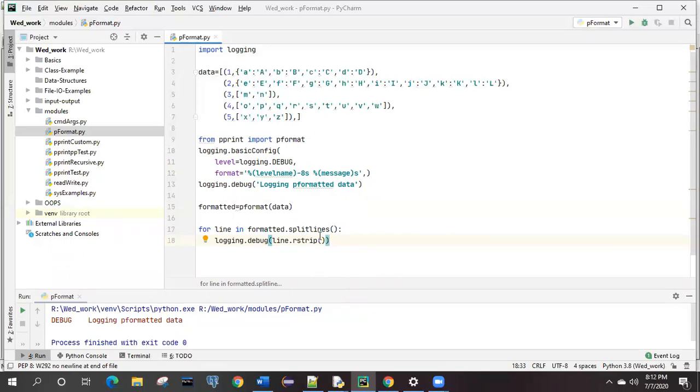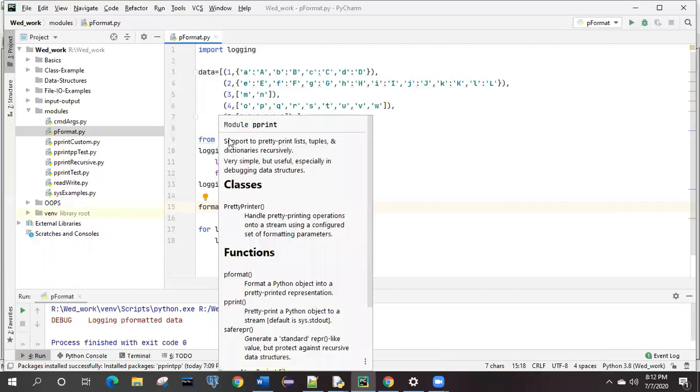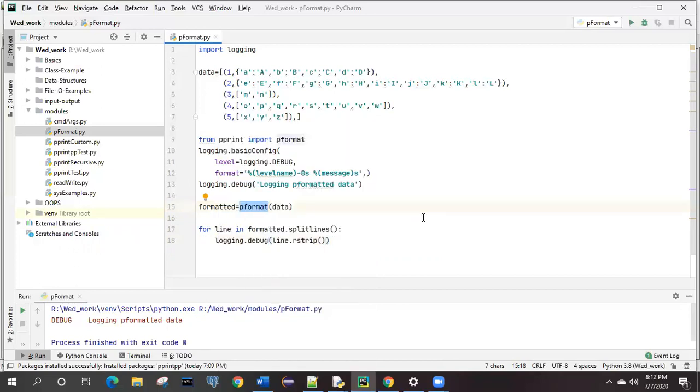So how can we do it? You can see over here, we are making use of this p format method. And where is it coming from? This p format method is coming from pprint only. Okay, you can see over here: format a Python object into a pretty print representation. Means instead of the normal object representation, it will give you the representation in a formatted way.